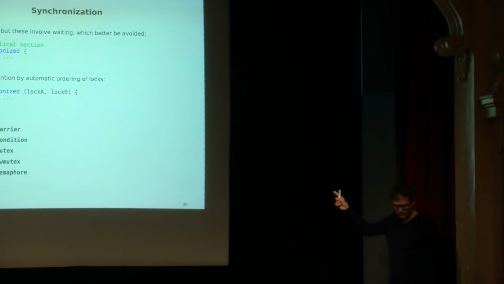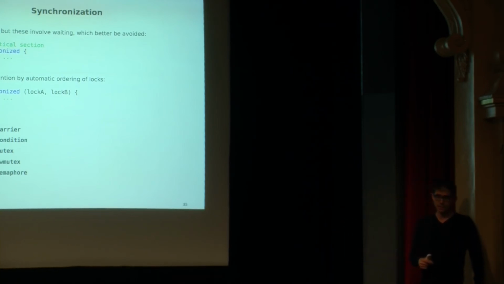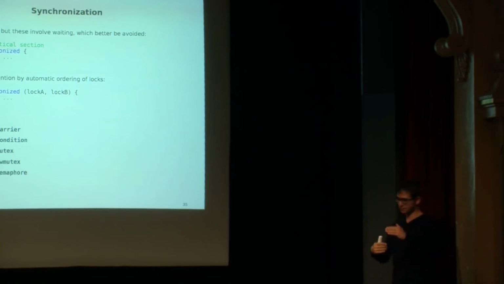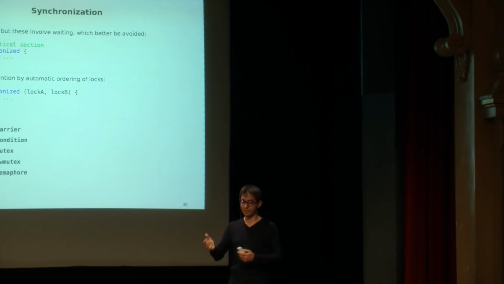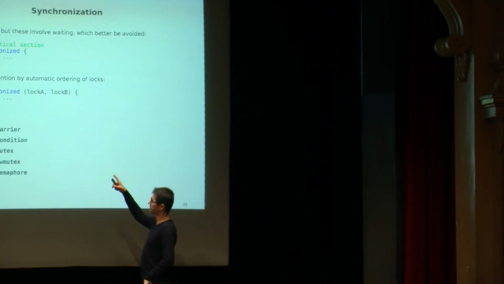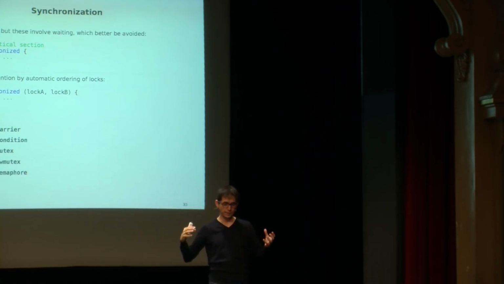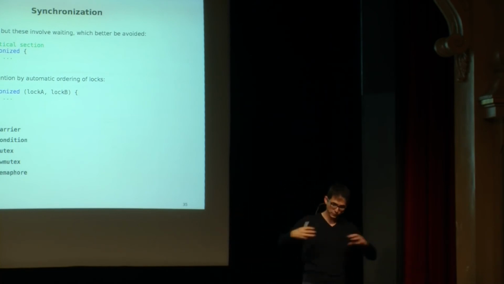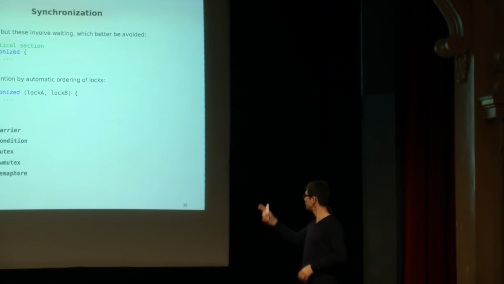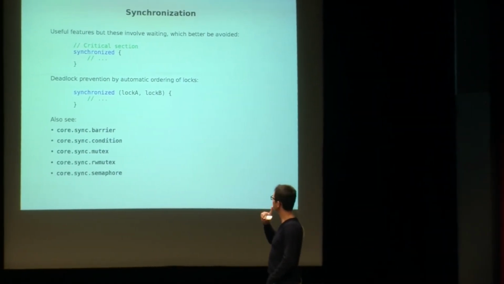So one benefit of the synchronized keyword is you can give it multiple locks at the same time, because sometimes you want to do something only after grabbing both of those locks. It's a common computer science programming example where you want to do it like this at the language level. You don't want two threads waiting for the other lock. Locked A, locked B, and they're waiting for the other one. That's called a deadlock. But D prevents this automatically if you use the synchronized keyword like this.